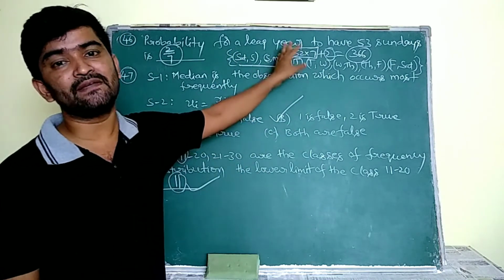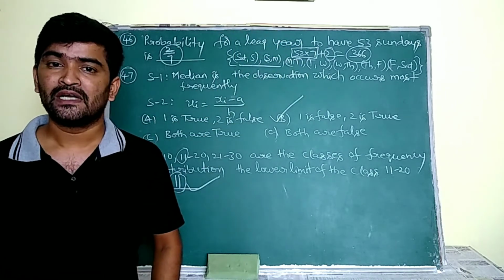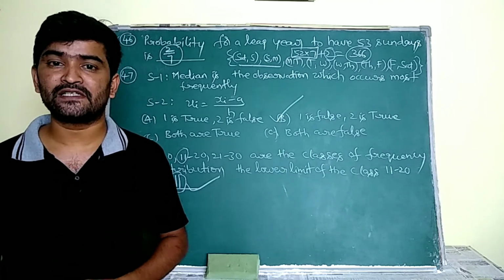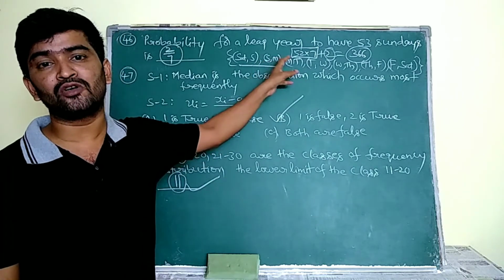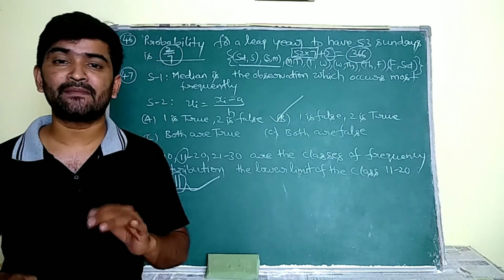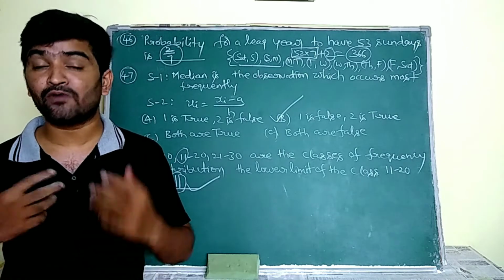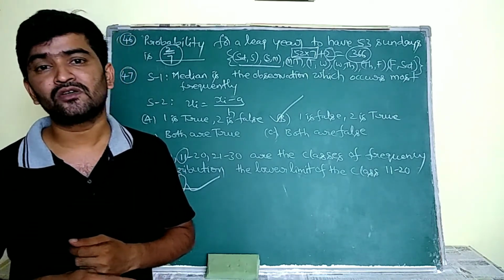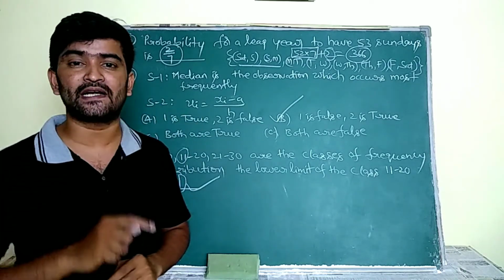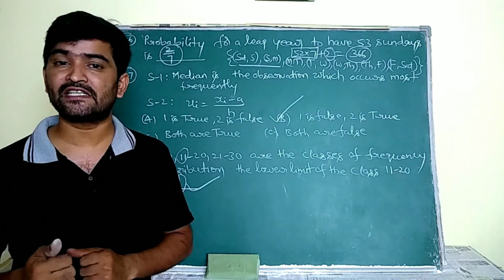Let us suppose a general year is given. General year in the sense a normal, non-leap year. Then the probability of getting 53 Sundays for a non-leap year is 1 by 7. Why? Because you are going to have that one extra day in 7 different ways: Sunday, Monday, Tuesday, Wednesday, Thursday, Friday and Saturday. Out of these 7 days, if I want to get 53 Sundays, I have to choose Sunday. Out of those 7 chances, I have 1 Sunday. The favorable chance is 1 and the total chances are 7. That is 1 by 7 is my probability.